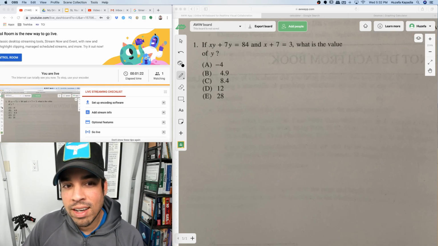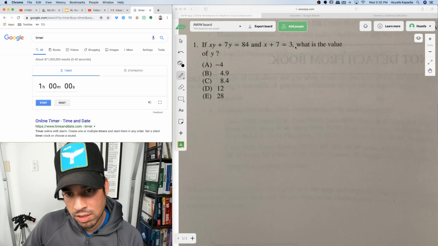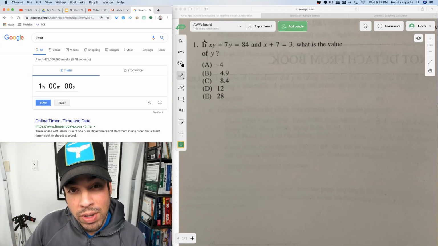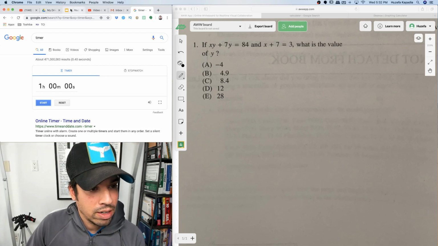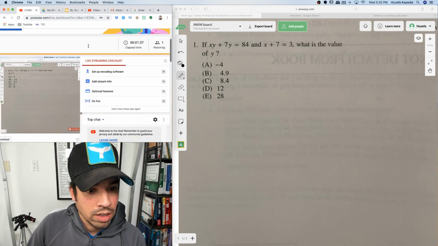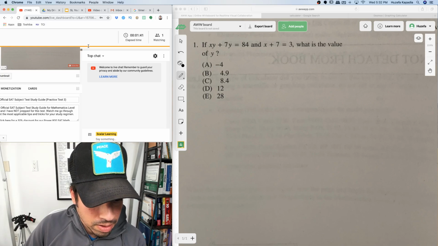All right, so we've got the timer set at 60 minutes. This is a calculator test. Of course, I can see the first problem, but I haven't really looked at it. We have 60 minutes to do 50 problems. Let's make sure we don't have anything off the bat. By the way, last thing, because I'm taking it in real time,